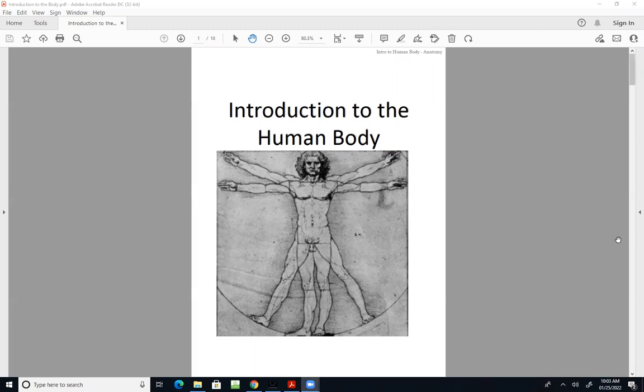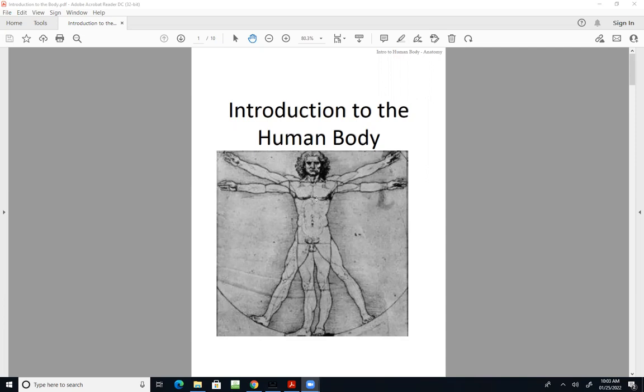Fancy picture. You might recognize this guy from hospitals and textbooks and that kind of stuff. If you aren't familiar with him or you've never seen him before, this is the Vitruvian Man. It's a fancy name for a guy that is standing naked with his arms and legs spread in a weird way. If you've never heard of him, you've probably at least heard of Leonardo da Vinci, a very famous artist, also an insanely talented